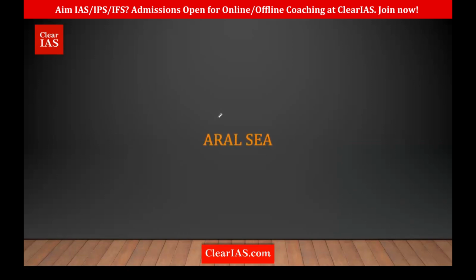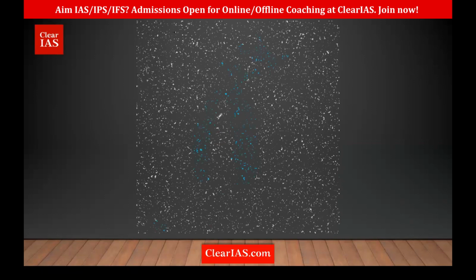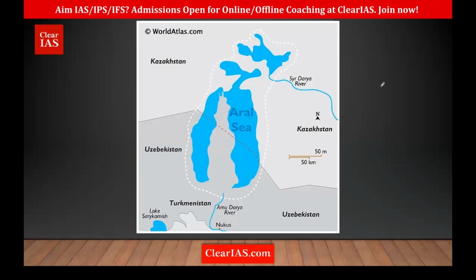the last one here in Asian region, that is Aral Sea. So where did we see Aral Sea? We saw Aral Sea when we spoke about Kazakhstan, the 5 stans: Kazakhstan, Uzbekistan, Turkmenistan. So this is actually between Kazakhstan and Uzbekistan. Only 2 countries are there. And it is actually landlocked.